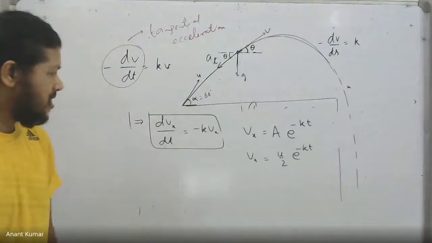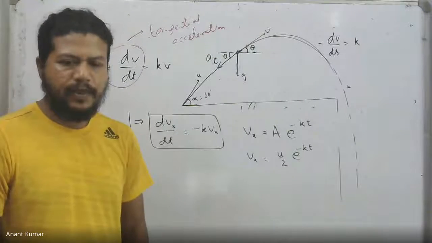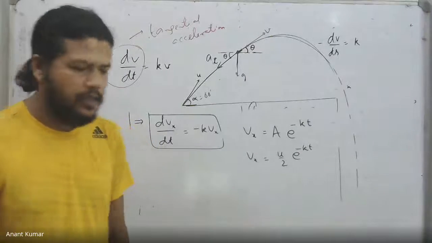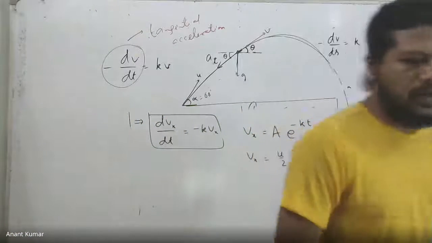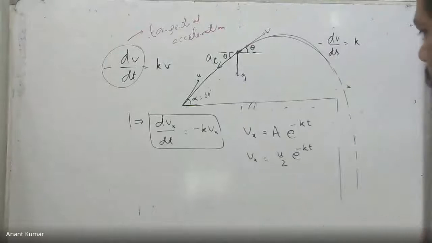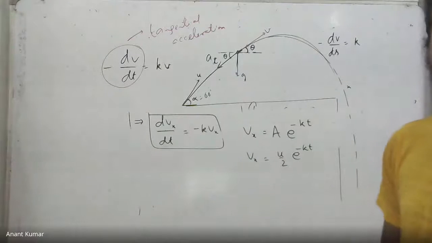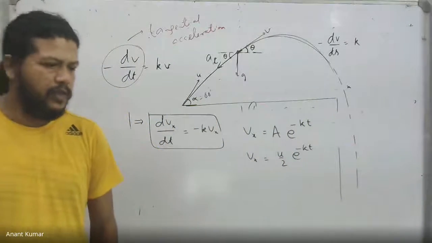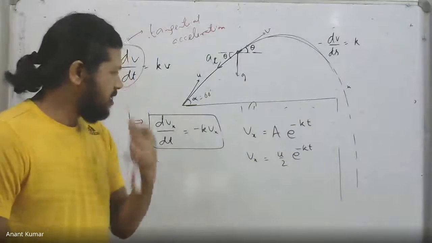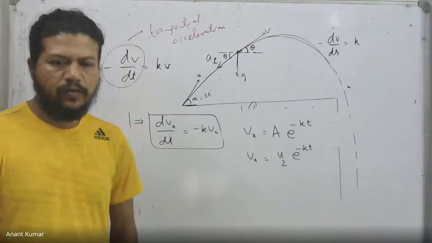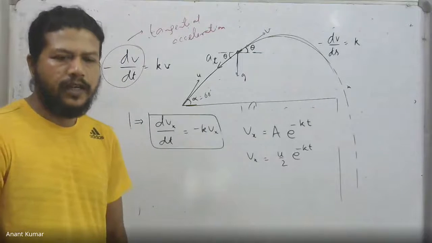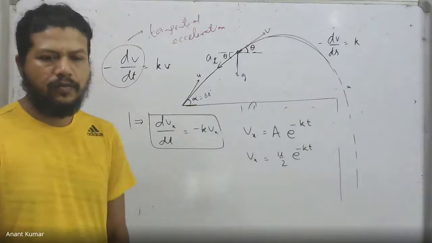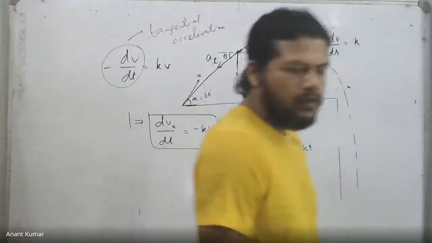In fact, strictly speaking, theoretically speaking, the time taken for Vx to go to 0 is infinite. In fact, the time that velocity takes to go to 0 is infinitely large. Quite obviously, in a practical situation, that is not so. The behavior of the exponential is quite weird. But how is it u by 2? It was u cos 60 degrees. The initial angle alpha was 60 degrees, so u cos 60 is what I'm looking for. u cos 60 is how much? u by 2.